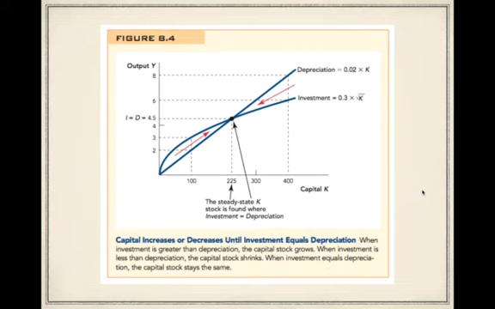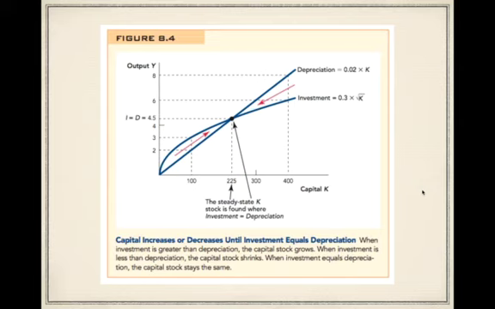So if we have more than the steady state level of capital, our capital and our output are going to be decreasing next year. On the other hand, if we have less than the steady state level of capital and less than the steady state level of investment and depreciation, we will be increasing the number of machines that we have next year. So if you look there to the left where they've nicely illustrated 100, when capital is 100,